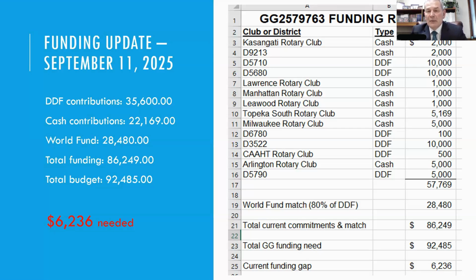I do want to mention a couple of things that I just love, is the fact that 5680, you see up here, the district 5680, that's our neighboring district in Kansas. And over the years, that district and our district 5710 have partnered on several different things. And anti-human trafficking, of course, is one of the ways that we have partnered on several occasions. Another district that I wanted to point out is 3522.